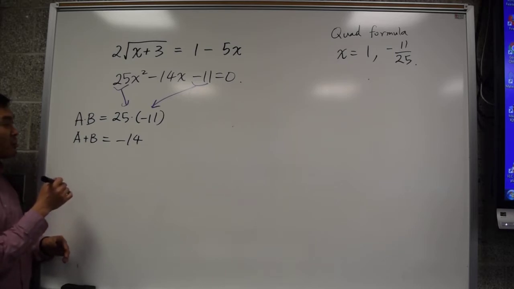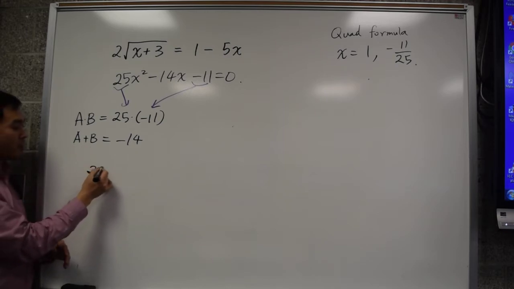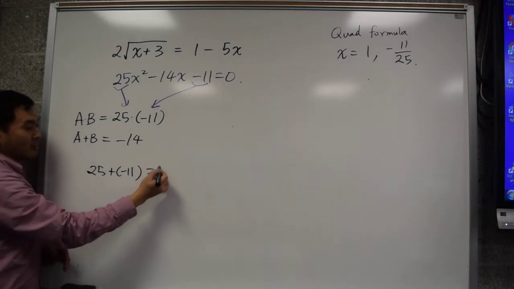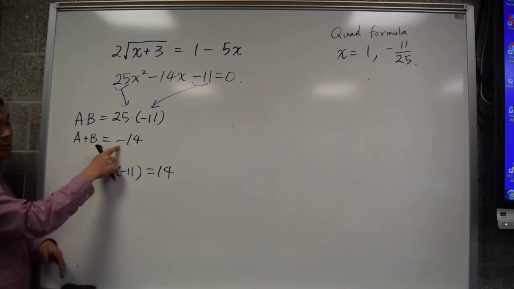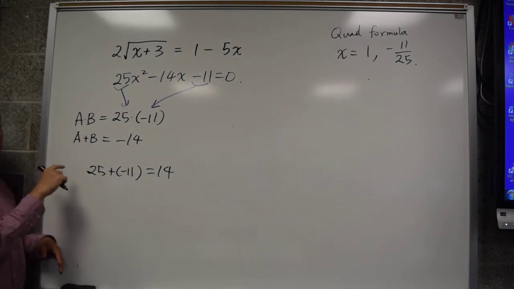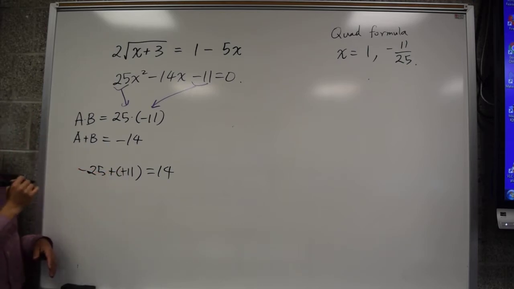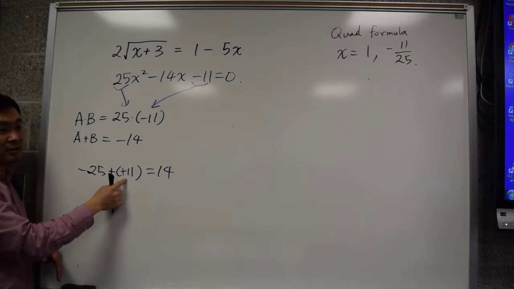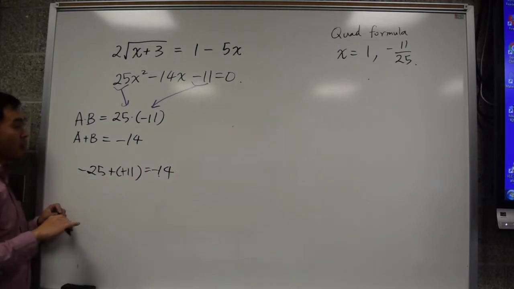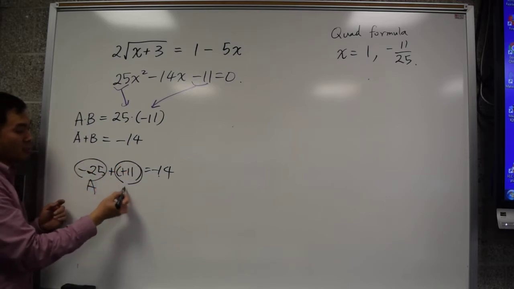What are some pair of numbers? 25 and negative 11. Okay, so 25 plus negative 11 happens to be very close to this, right? It's 14. But you need negative 14, so what should you do? Opposite. You want the negative. Negative 25 and positive 11, right? If you add these two, what do you get? Negative 14. So look, if you choose A to be negative 25 and B to be positive 11,